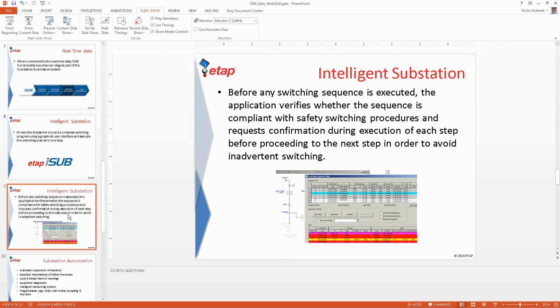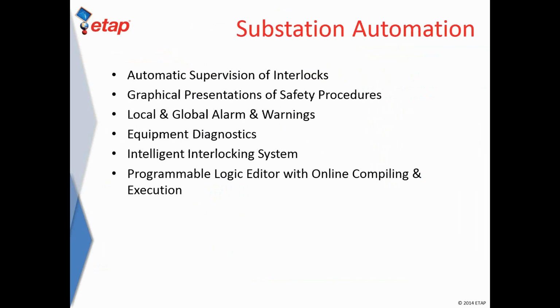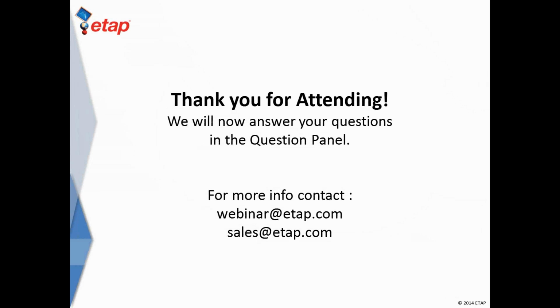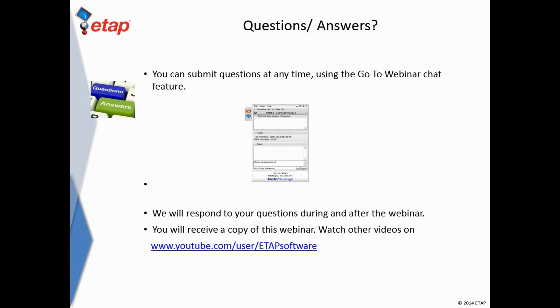Okay, so let me go back here to finish off with the presentation. As you can see, the substation automation feature allows the local operator to take into account any switching sequences that may not have been tested ahead of time. Perhaps they haven't been defined. And it gives local alerts to make sure that there's no problems. What I'm going to do here is I'm going to quickly go over